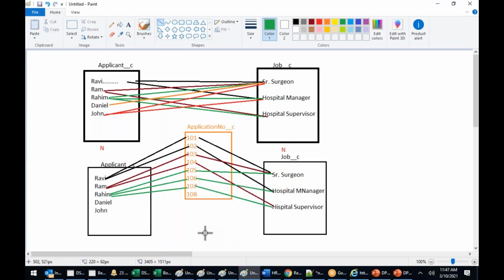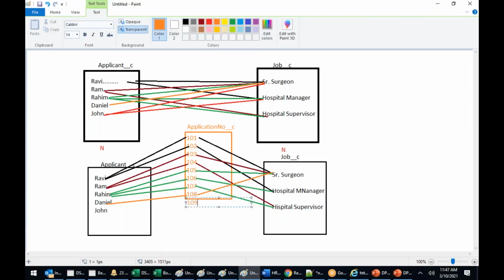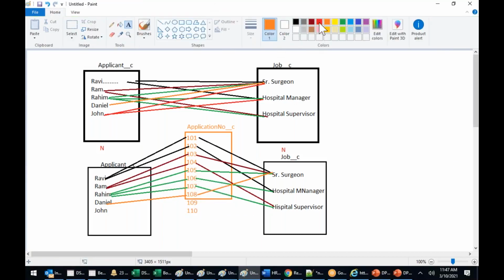Next, Daniel wants to apply for surgeon. Next, John wants to apply for... we are running out of numbers. That's the reason it's an auto number. 109, 110. John wants to apply for what now? 109 to surgeon. Next, 1010 to